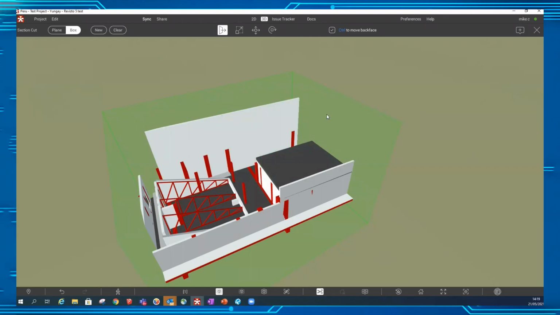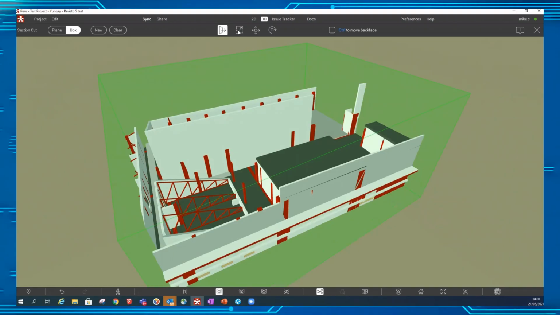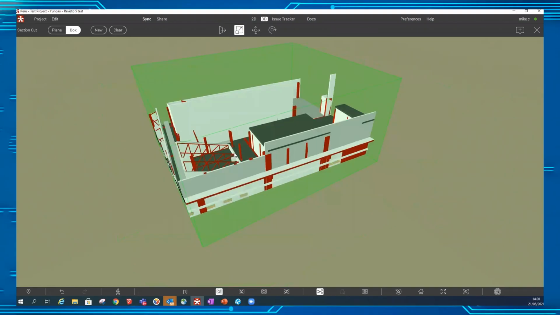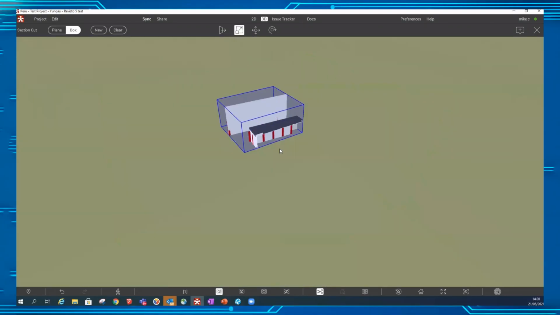I hold down the control button, then that allows me to pull that surface, and similarly that surface. So the ones that are kind of hidden from me. So with a section box, with this icon, I can sort of move the boundaries of the box. The next one is this one that allows me to scale the box. So perhaps I'm zoomed in too much there. I can click on any surface and pull out, and that will sort of shrink and expand the box